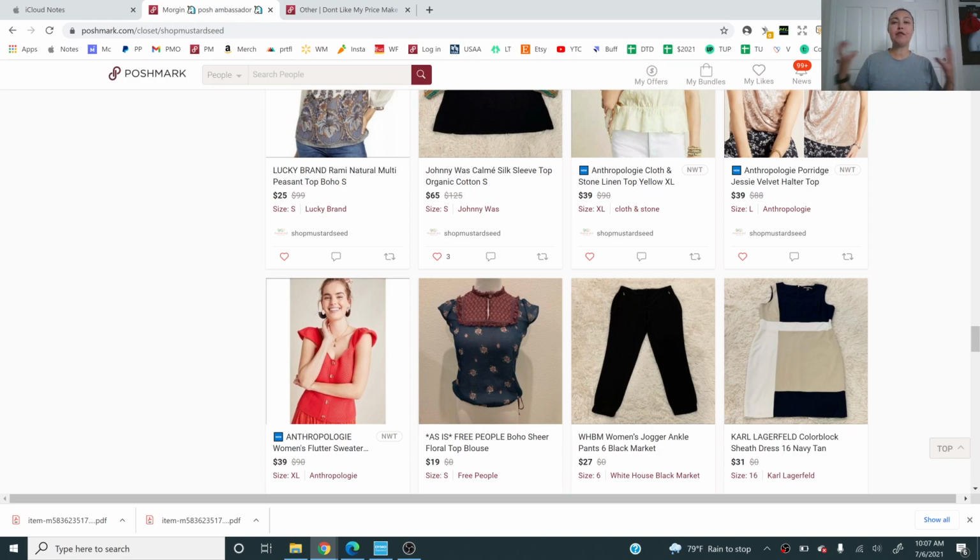So if you think about it like an actual retail store, you may be able to increase sales and have these spikes based on the very specific categories that you offer. And I think that's really cool. So I definitely encourage you to think about that because it can open up a lot of doors for you with the boutique. Now, with regular things, pre-owned items, thrifted items, things that you're just putting in your store,